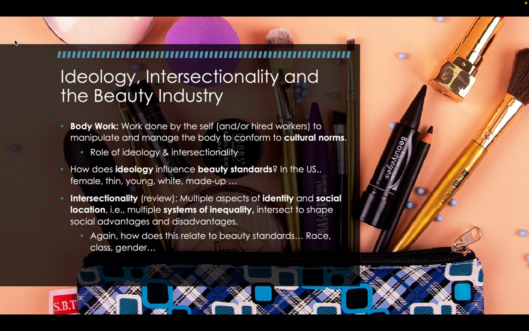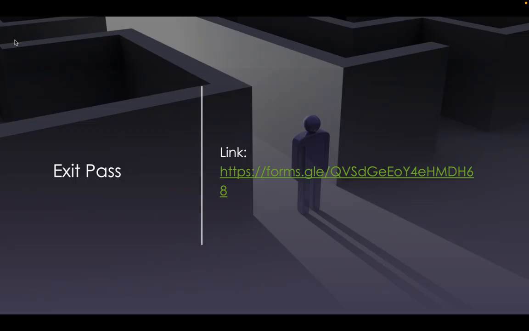All right, so you can start to see how the textbook authors weave in earlier theories and concepts, content from the chapter on race and doing gender, into this next chapter on the beauty industry. All right, so the beauty industry is really essentially the only new term we're learning in this chapter because we've already discussed ideology and intersectionality. All right, so that's it. Make sure you're thoroughly looking over all the key terms and theories from chapters 10 and 11.